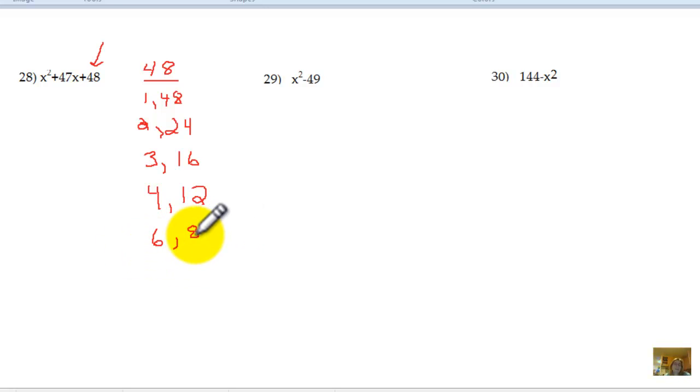But we already have 8, so that is our turnaround. Alright, so these are all the factors of 48, and if you add them,